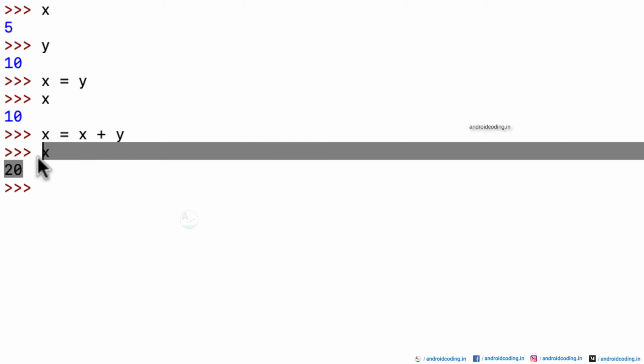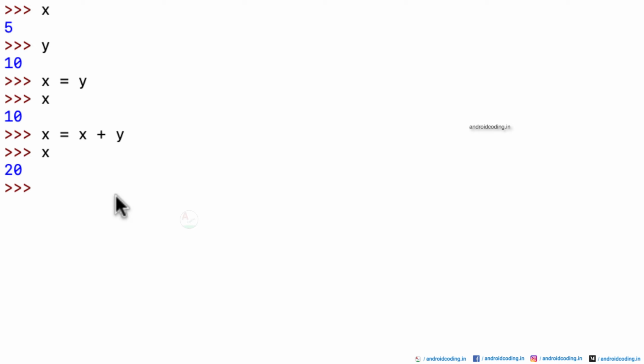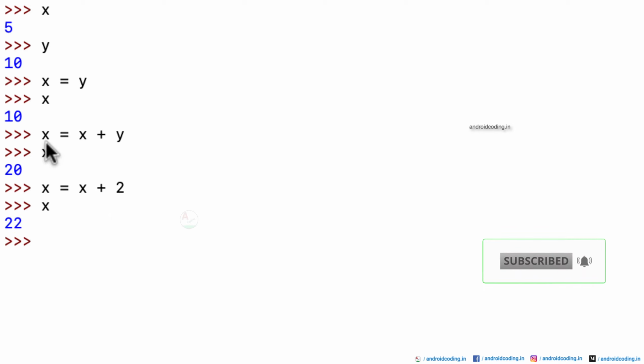We have got x equal to 20, and you can also write it like this: x equal to x plus 2. Our x is 20 and we are adding 2 to it, so 20 plus 2 is equal to 22, and we are assigning it to x here.